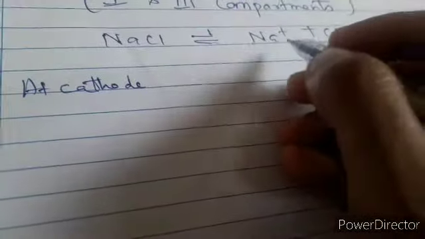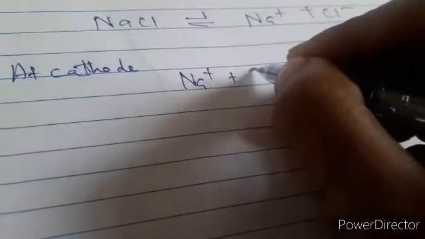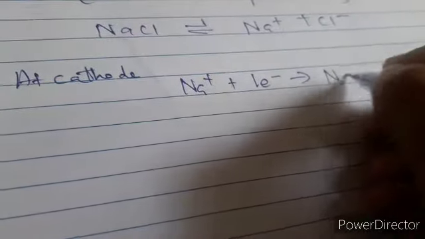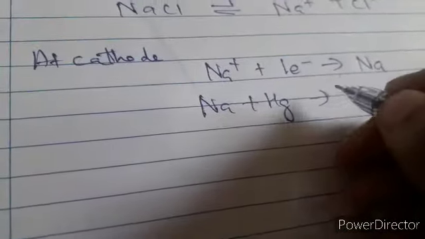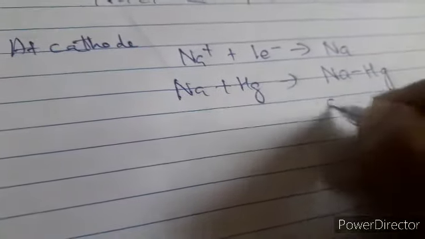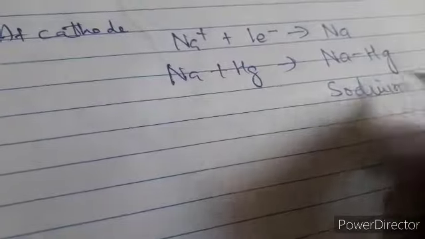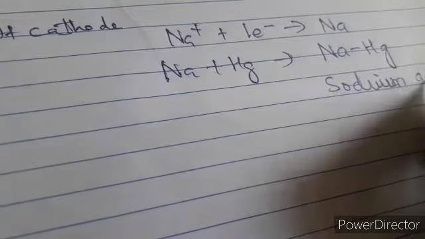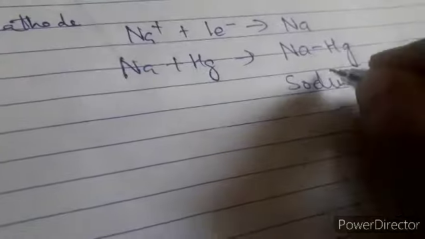NaCl is filled, that is real. Now you see the aqueous solution of it. When you pass electric current through it, it gives you ions. At the cathode, being negatively charged, there will be migration of Na+ ions to it, and Na+ accepts one electron and forms the atom. But the mercury is also there, and sodium is capable of combining with mercury to form an alloy, that is sodium amalgam. So over here sodium amalgam will be formed.